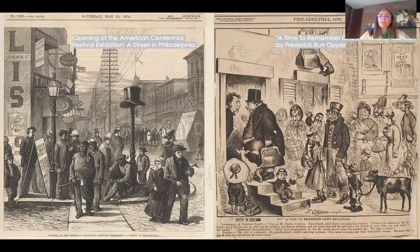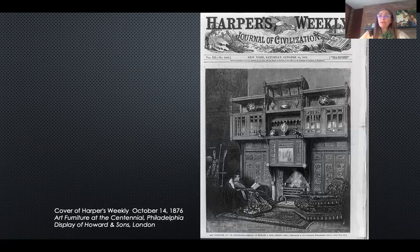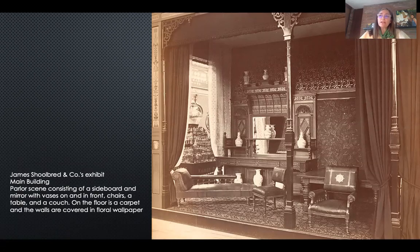37 countries participated. The British exhibits, and in particular the British furniture, received great reviews. Critics judged the British furniture collection as the most striking among the European exhibits. Visitors were particularly impressed by the displays, which were arranged to create a cohesive visual effect where furniture harmoniously integrated